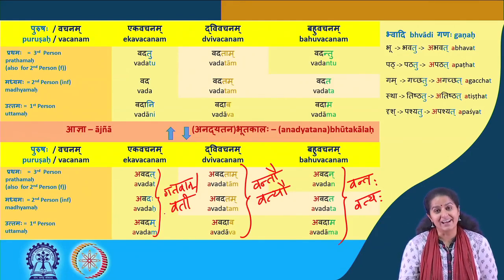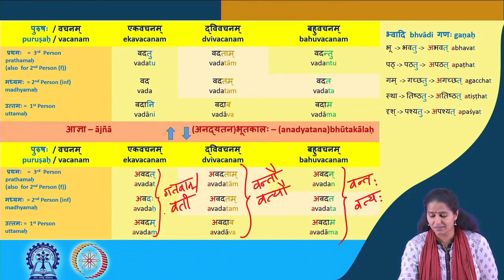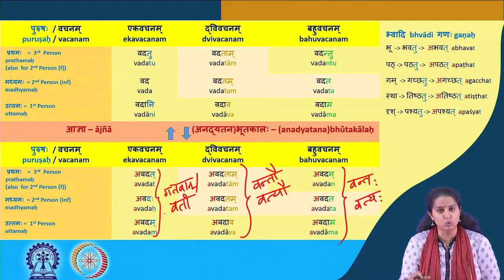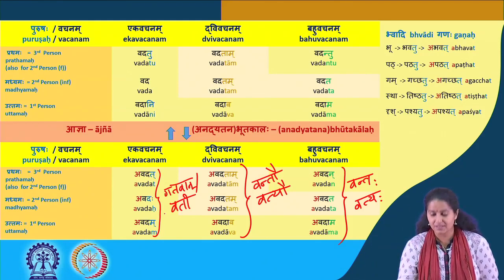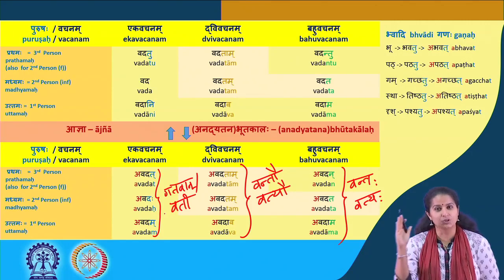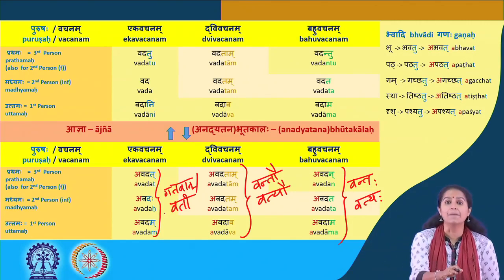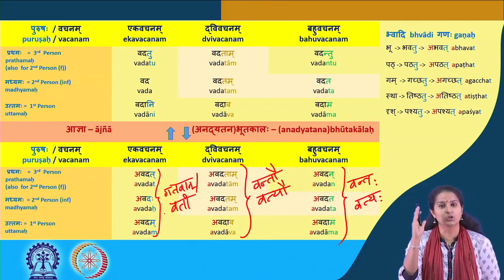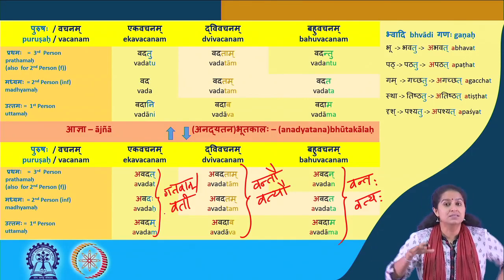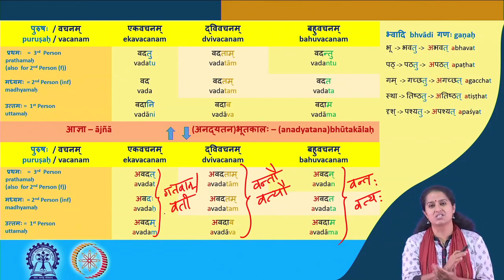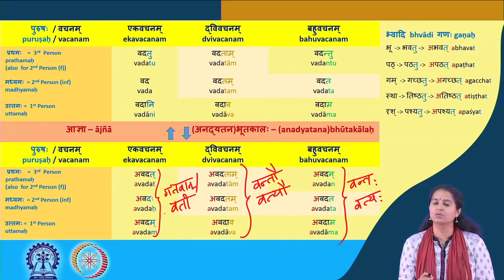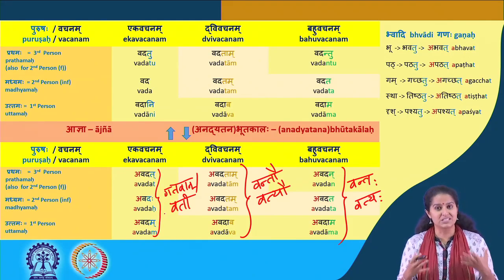Uttamam. I'd like to draw your attention to this table on top here, where we have the bhvadi gana or the verbs from the first group, and here we have the root bhu, which becomes bhavatu in the lot or the ajna. In the bhuta it becomes abhavat. Path becomes pathatu and apathat. Gam, to go, becomes gachatu and agachat. Uttamam. Stha, to stand, becomes tishtatu and atishtat. Both of these forms going back to the way the present was formed, as in tishtati.